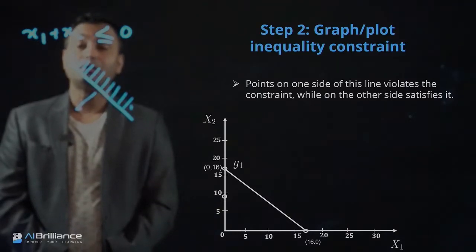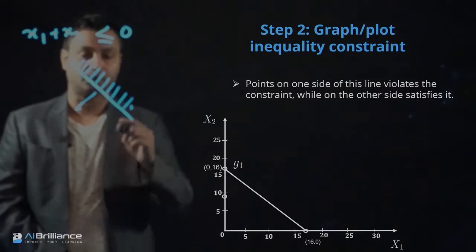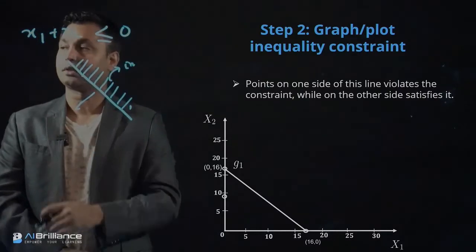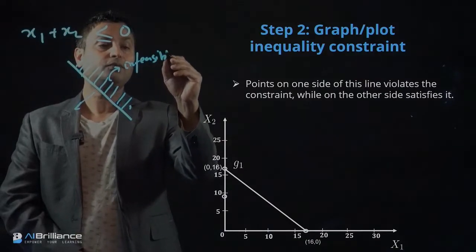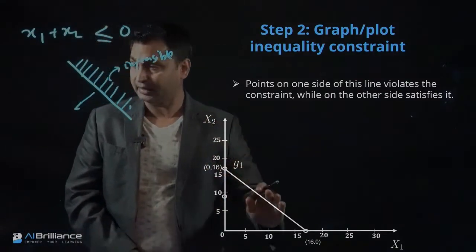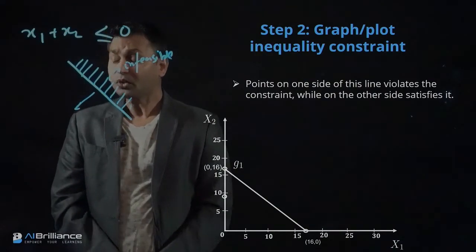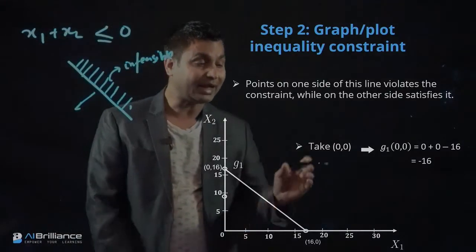So what we need to do here is find out which side is feasible and which side is infeasible. This side might be infeasible because of the constraint, whereas this side might represent feasibility, right? So after plotting the line that we have, we will find out which side of the equation is feasible. One of the simplest things that we can do is to take